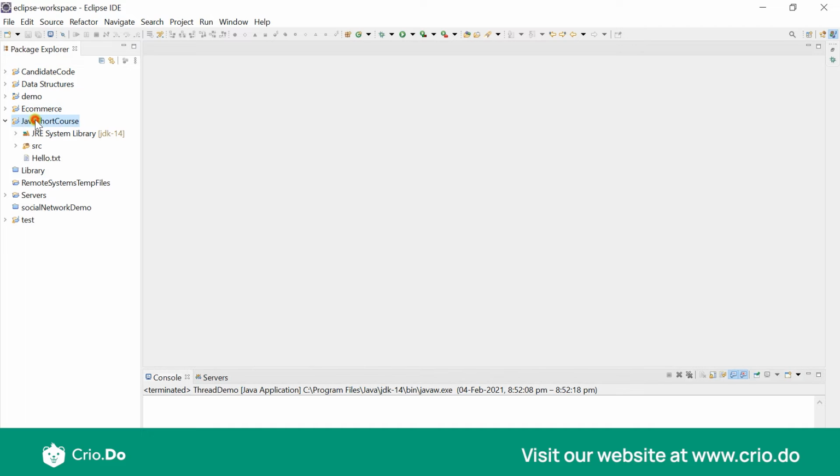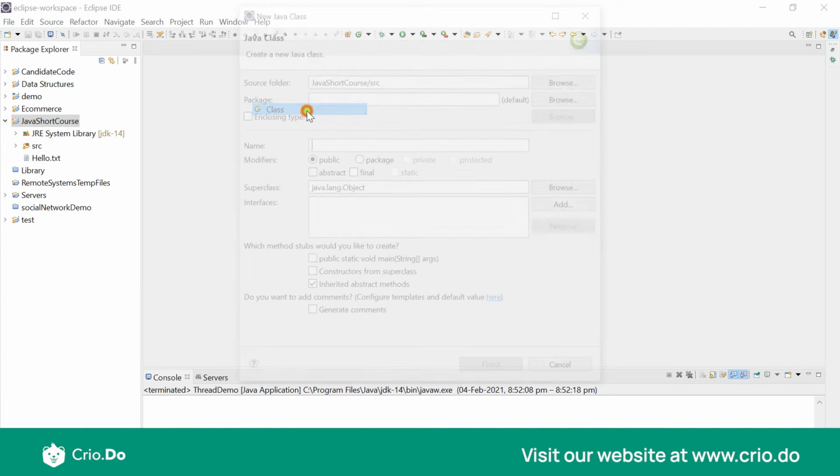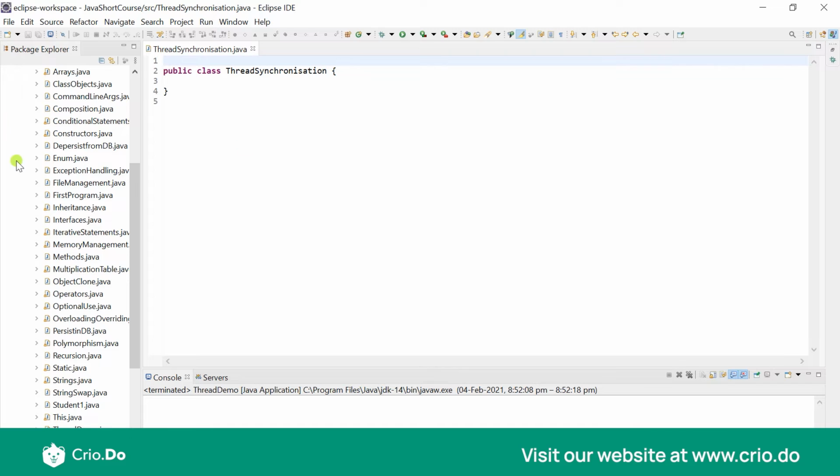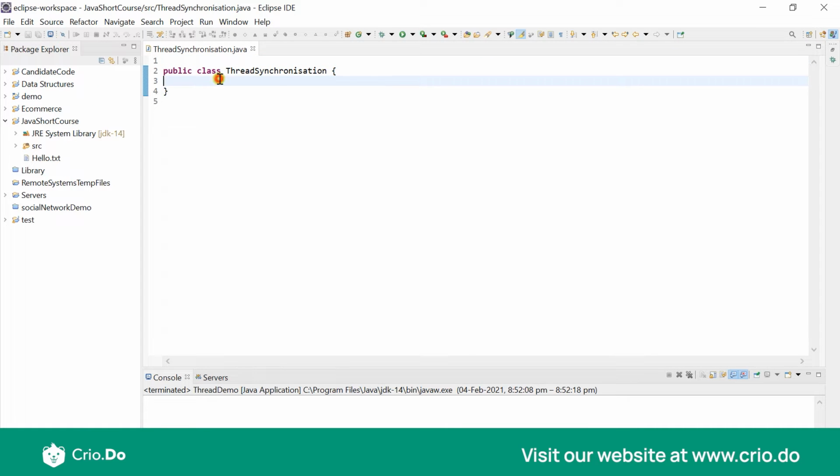Now, to demonstrate this thread synchronization, I'm going to create a new class called ThreadSynchronization. And within this, I'm going to create a new method, which is just going to generate a simple string for us. I'm going to call it generateString. I want to generate a particular pattern, and I want to make sure that my pattern is always consistent. My pattern should not have any issues. So I would simply have a loop with for i equal to 0, i less than 10,